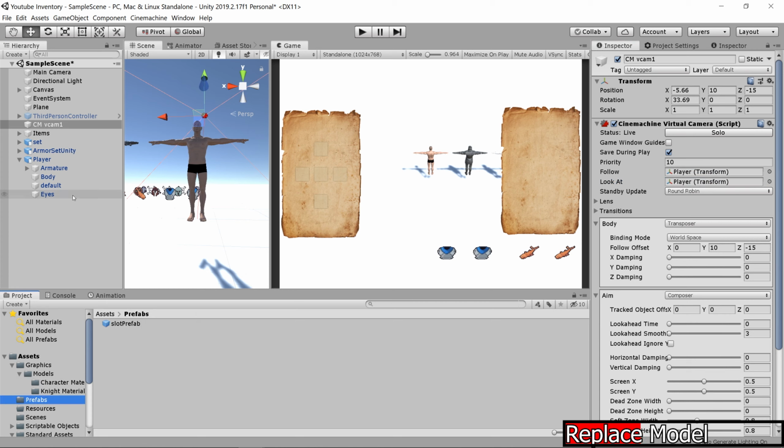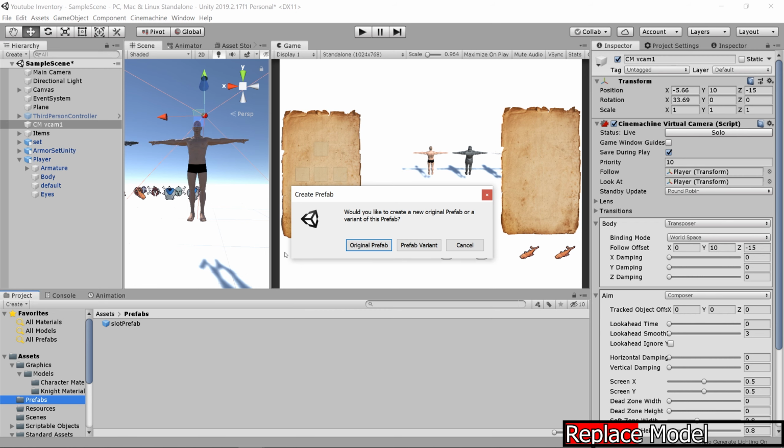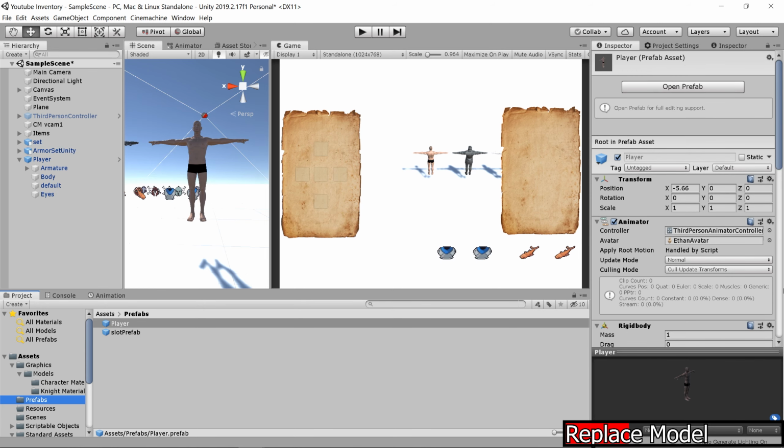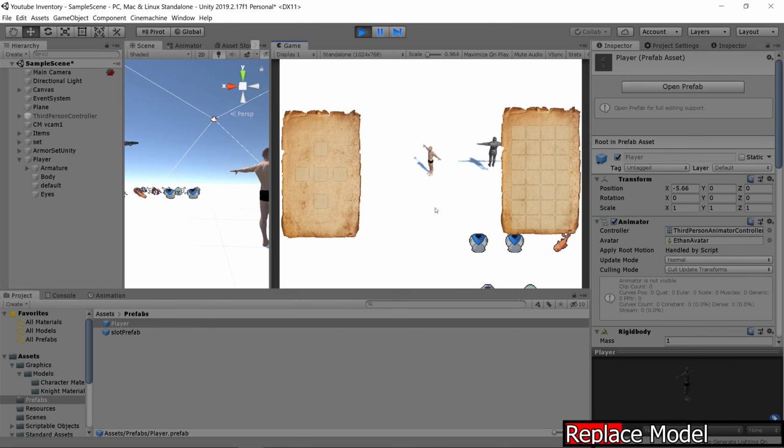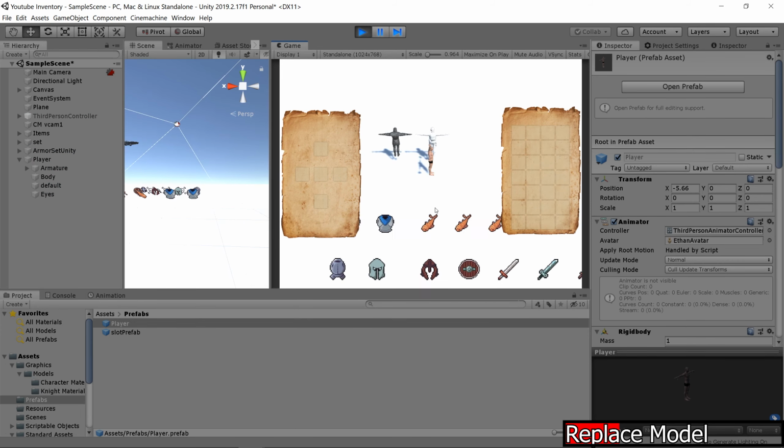And let's also make a prefab out of our player. So just drag and drop it in here and make it an original prefab. We don't want to make it a prefab variant of its base 3D model. We want an original prefab. So we have our player as a model or a prefab. Let's click play and make sure everything is working. Everything's working beautifully, except he's not